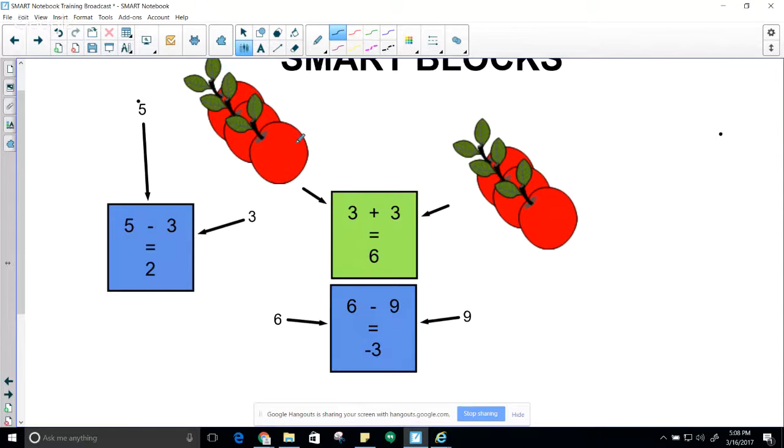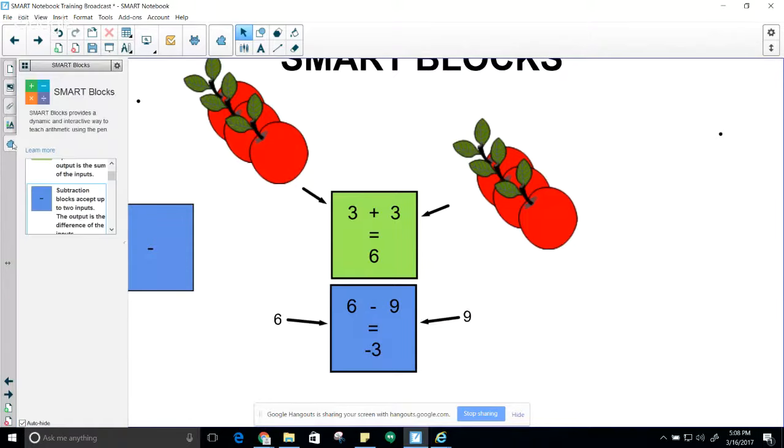You'll also work with objects. You'll notice over here that I've added 3 objects. Done an addition, added 3 objects again, and it gives the answer. Now, one of the nice things is if you come back, you do this, it automatically starts removing everything, and you can keep adding to the block. So really simple. You'll also see that within this you have your addition, your subtraction, multiplication, division,